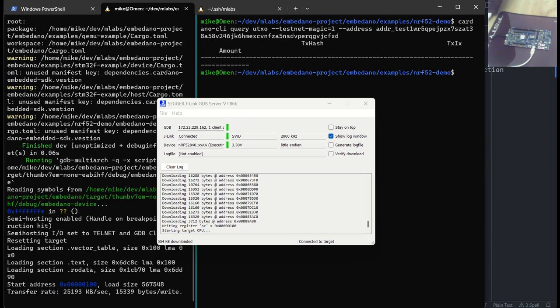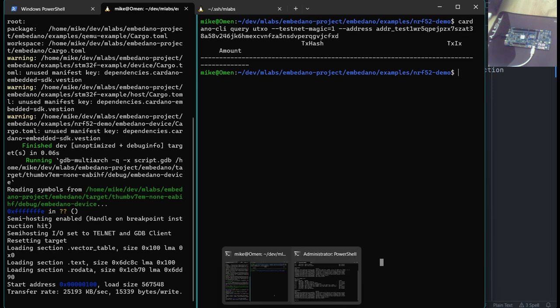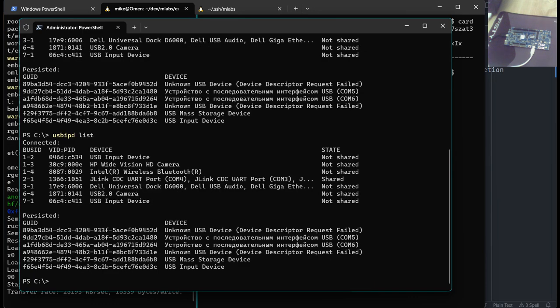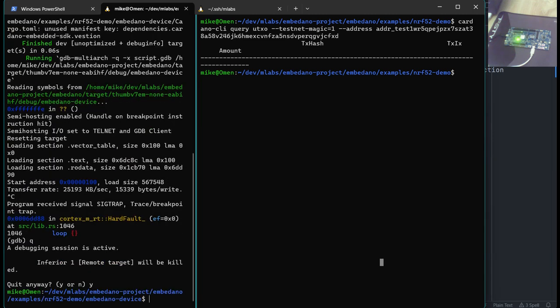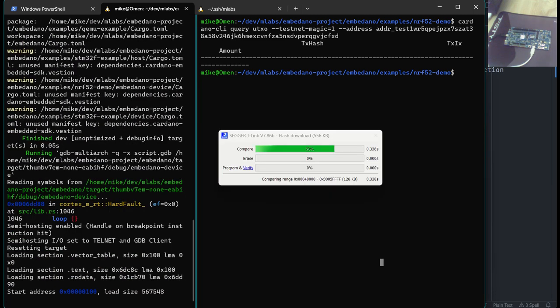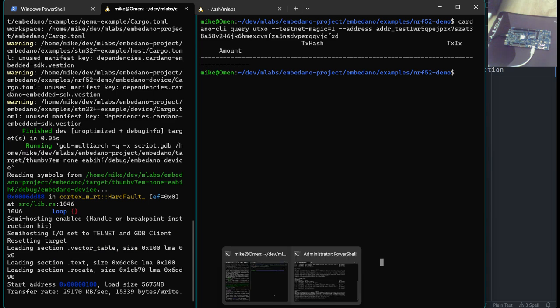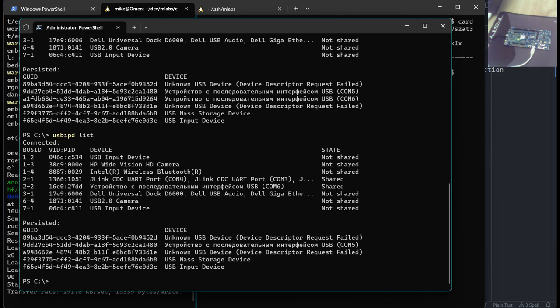I didn't hear the USB connection sound, and it sometimes happens when I first flash a firmware after the device was completely wiped out. And just to make sure, yeah, there is nothing new here. Let's try one more time. It usually works. Yeah, now I hear the USB connection sound, and if we go to the device list, we can see that a new device